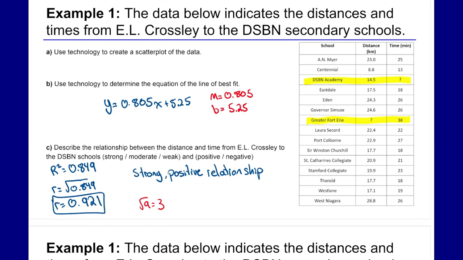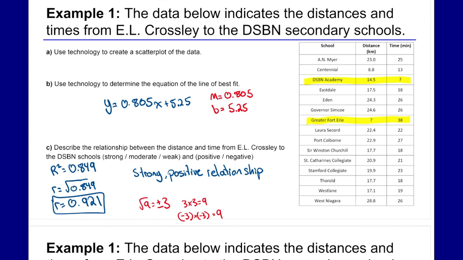Now, that makes sense because 3 times 3 equals 9. However, I could also have negative 3 times negative 3, which also equals 9. So when we take the square root of a number, we're actually getting two values, plus and minus, or a positive and a negative. So realistically, this R value is positive or negative